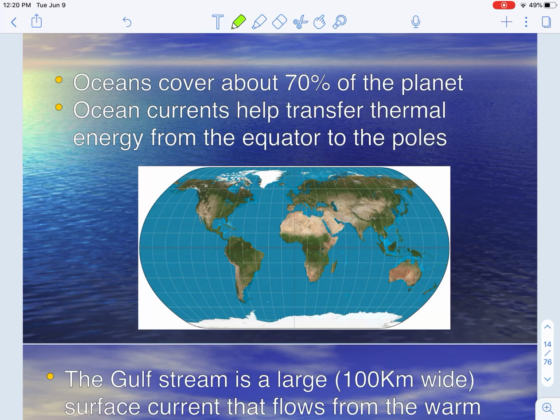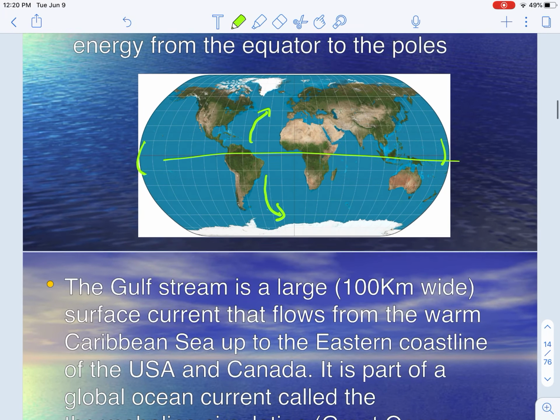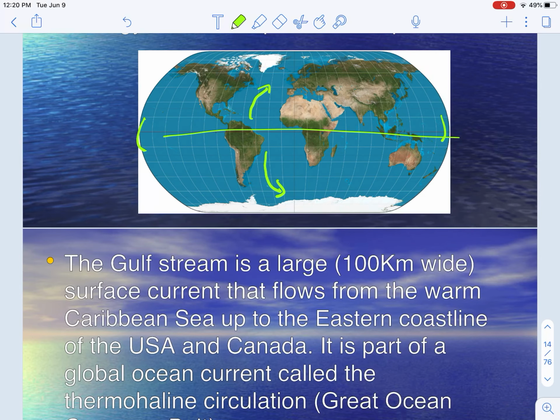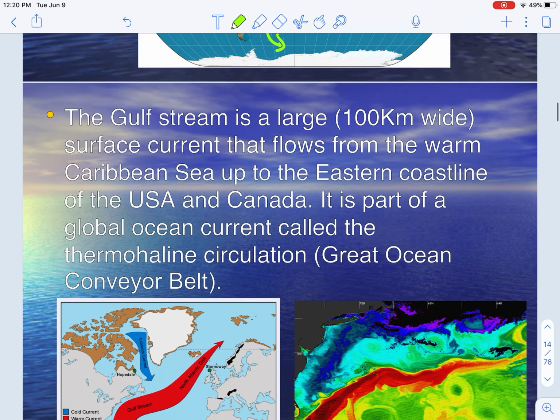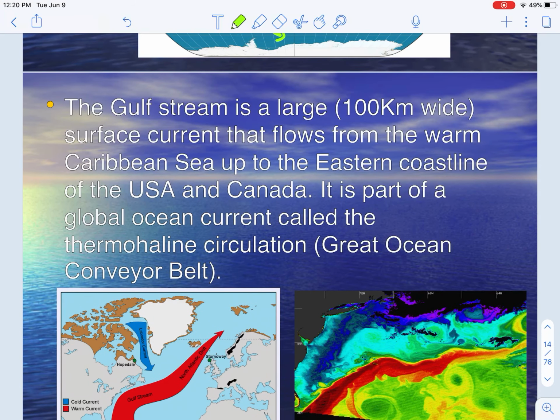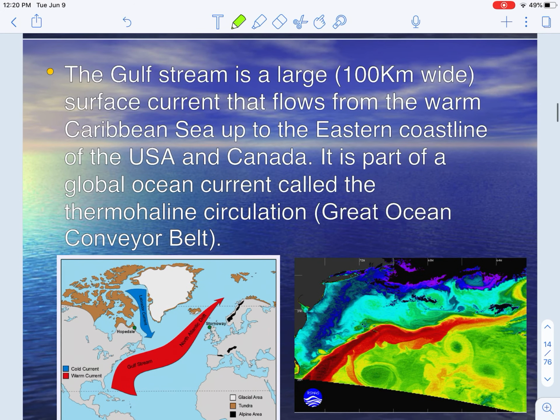Ocean currents that are continually moving will move warm water. You know that the bulge of the Earth means that the equator is more directly hit by the sun. So the hot water here is going to be moved from the equator to the poles, and that will help circulate that warmer water with the global water.